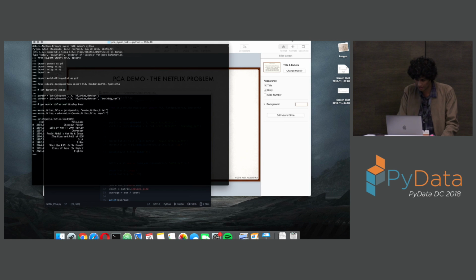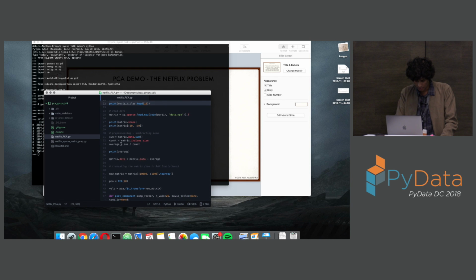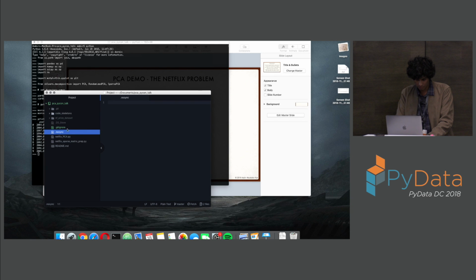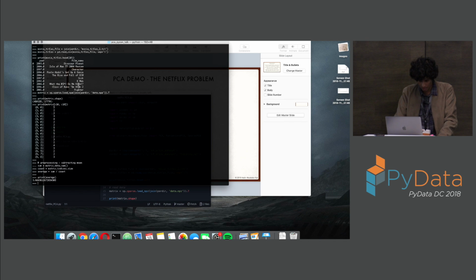There's Dinosaur Planet and a bunch of other stuff that you probably haven't seen. This is me reading my data set. It's a sparse matrix, as you can see. These are the first few values of the data set, the non-zero ones.